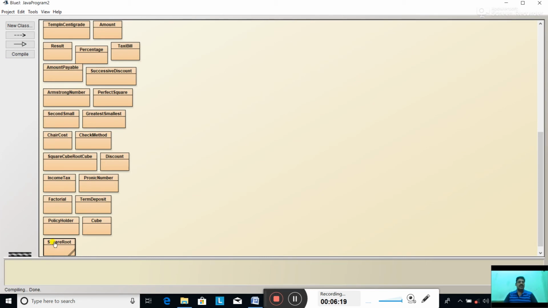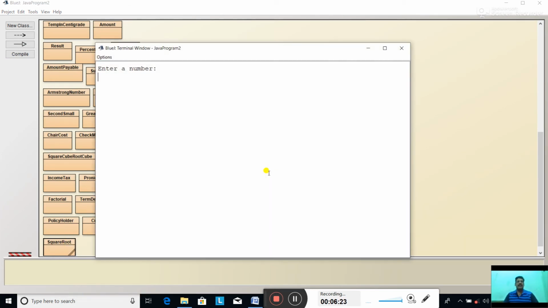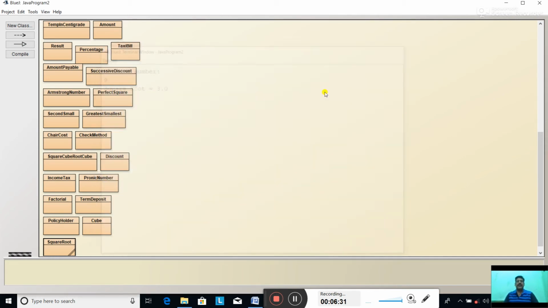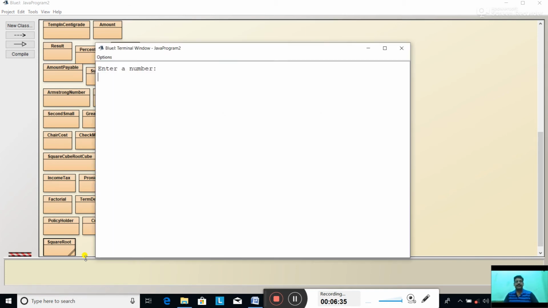Close. Right click, void main. Now enter a number. Suppose 9. The square root of 9 is 3.0. Again, input another number. Suppose 100. The square root of 100 is 10.0. So this program calculates the square root.